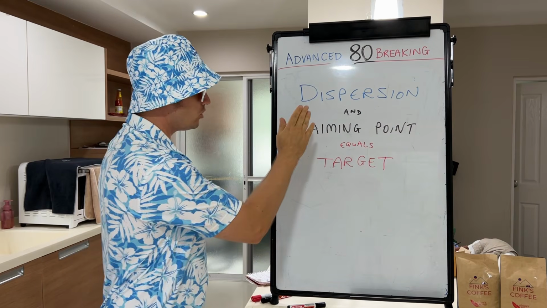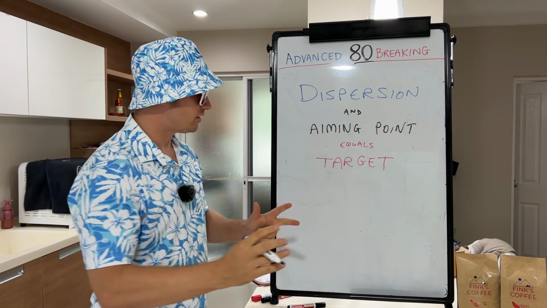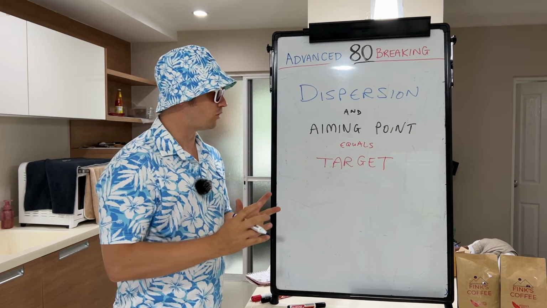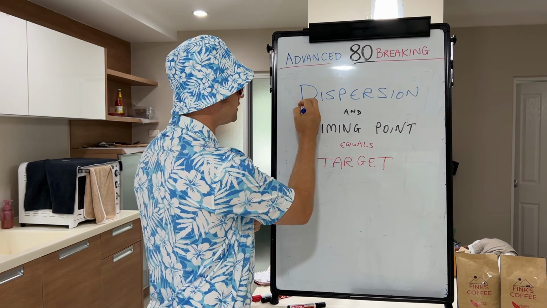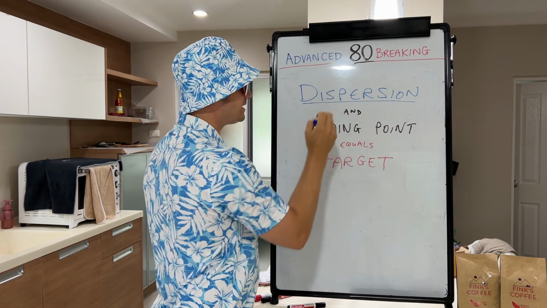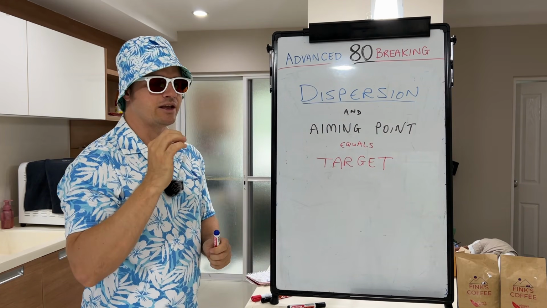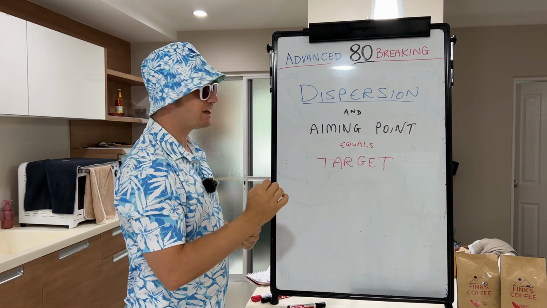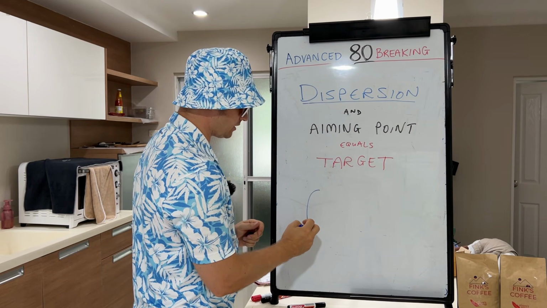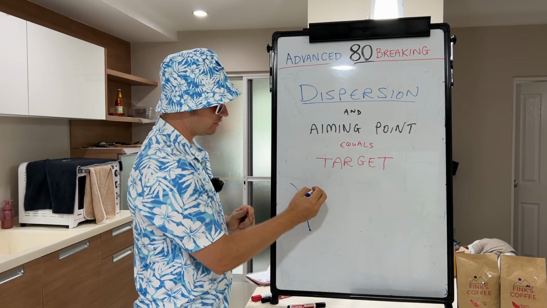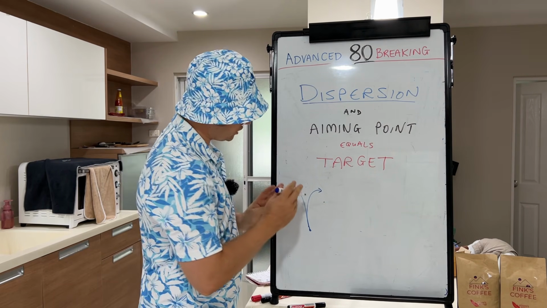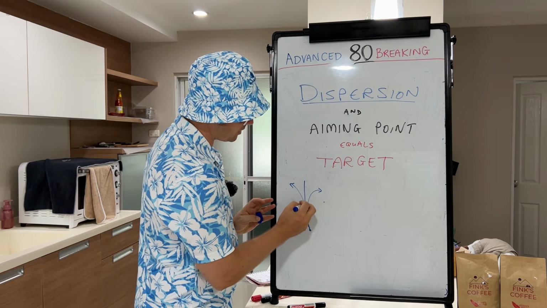What does it mean? You hear a lot about people talking about the target, talking about aiming and things like that, but nobody really gives you a definition on what to do. The key to understand, anytime you're trying to break 80, is to understand yourself. And part of that is understanding your dispersion pattern with every club. That can be a driver, could be something like this. That's your pattern, mostly on this side or sometimes on that side. But you need to understand from where you were aiming,